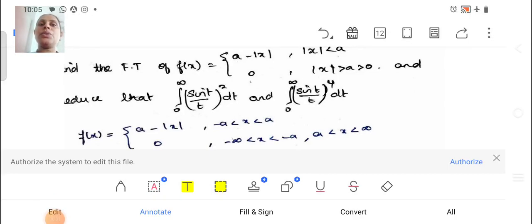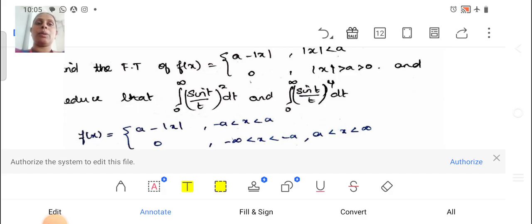Today we are going to discuss the Parseval's identity based problem. In this problem, we have to use the Fourier transform and the inverse Fourier transform. This is a very important problem also. So see, what is the Fourier transform and what is the inverse Fourier transform, and similarly we have to use the